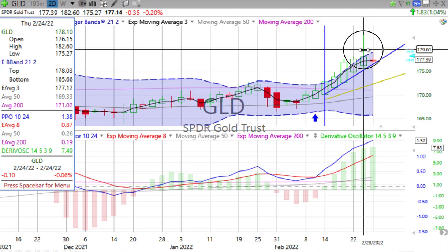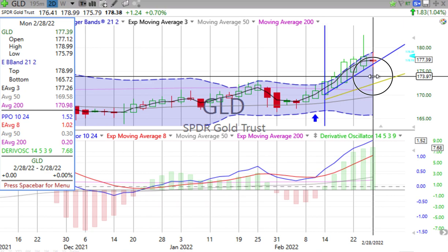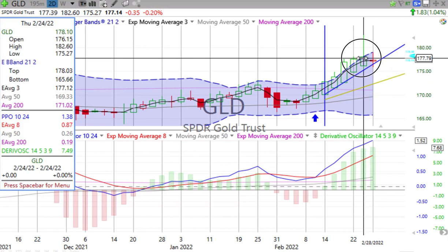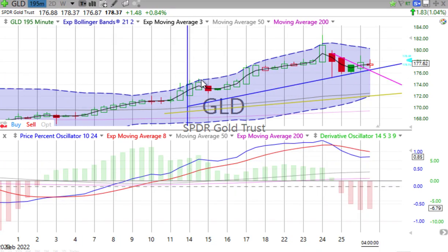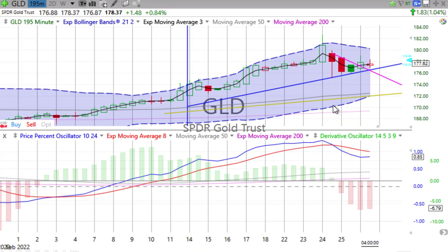we had that hammer up to a high of 182 so far. The high 178.99, 179, and that prior 172.60. So I'm sorry, 182.60. So again, has some ways to go up to the prior, but that price percent oscillator, derivative oscillator moving up. Half day, we can see where we had that down movement starting in the afternoon on